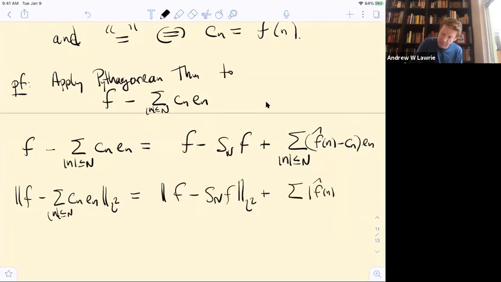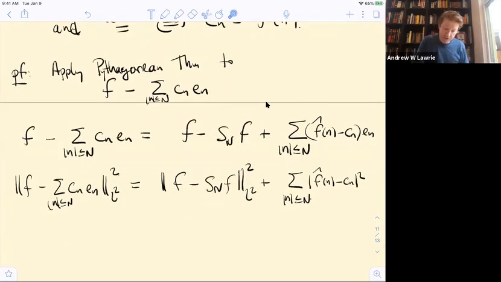This is just the sum of the squares. Right, so that means that this plus this positive thing is equal to this. So this has to be less than or equal to this, and I see I have equality if and only if the f hat n's are equal to the Cn's for every n. So this identity proves the theorem, proves this lemma.